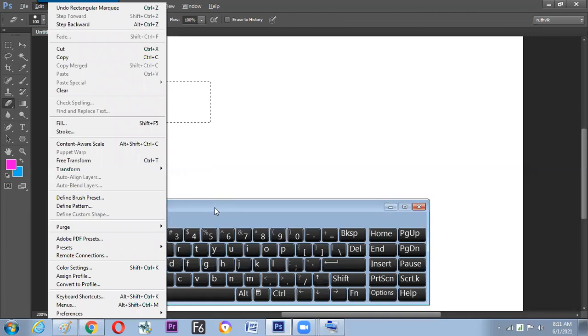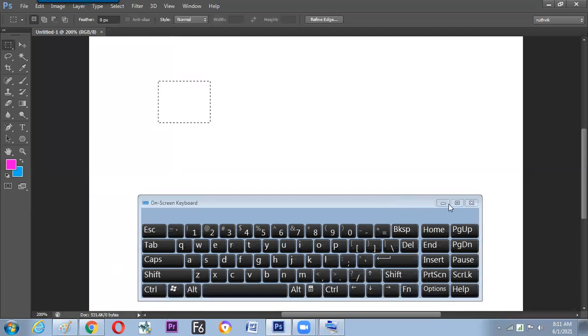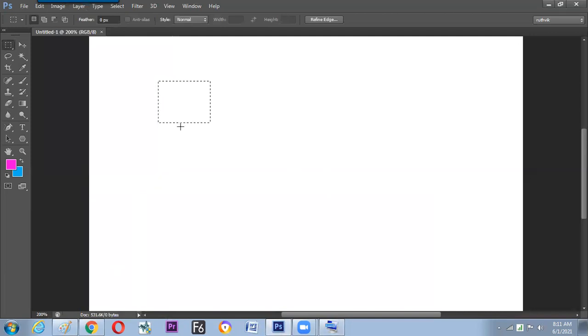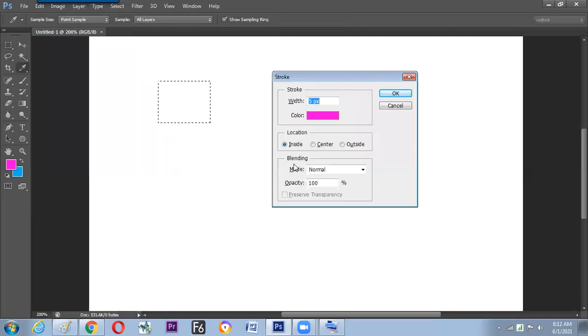And now it is time to go for Stroke. If there are no options underlined here, then you can use the navigation arrows and get it moved. Now we have understood how to move to a particular option inside the menu bar without clicking in the menu. So what is to be done? Alt E. Now you can see the Stroke option is highlighted with a particular alphabet underlined. What is that particular alphabet? Yes, S. Now hit the S and get the window open. So it saves your time.